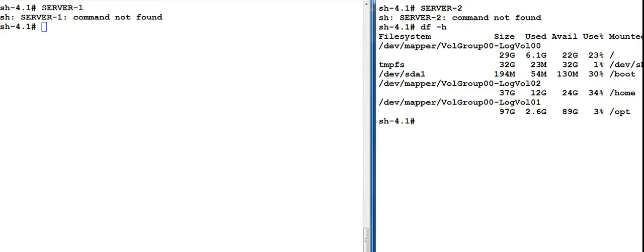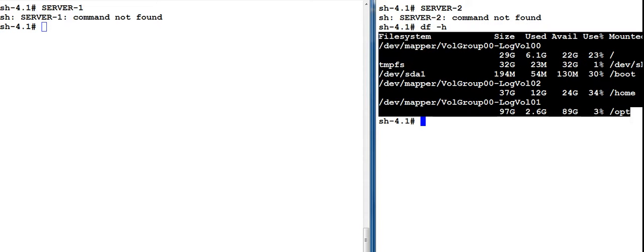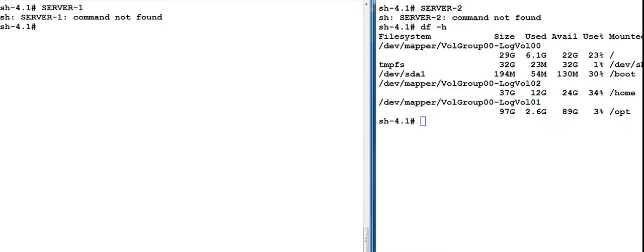So here in the right hand side in server 2 we can see the df -h command I have executed. So this is the file system space left in the system. So I want this information to be got in server 1 itself. So for that we use expect scripting. Expect is used for doing automation.